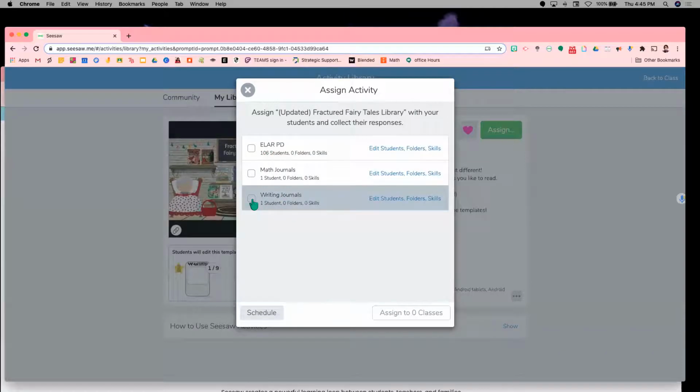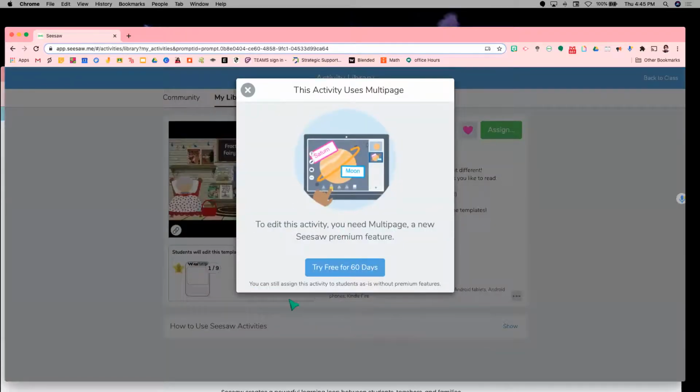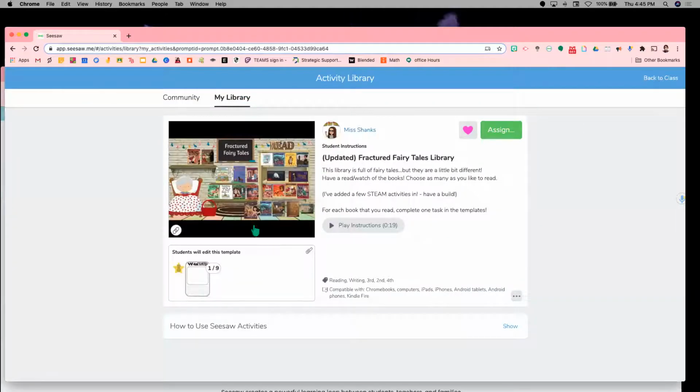I can say I want to assign it to my ELAR, and then I assign it. If I want to edit, it's going to ask me to upgrade, okay? So by going in and looking at the library, you're going to find some things that are pretty good to go and ready to be assigned to students.